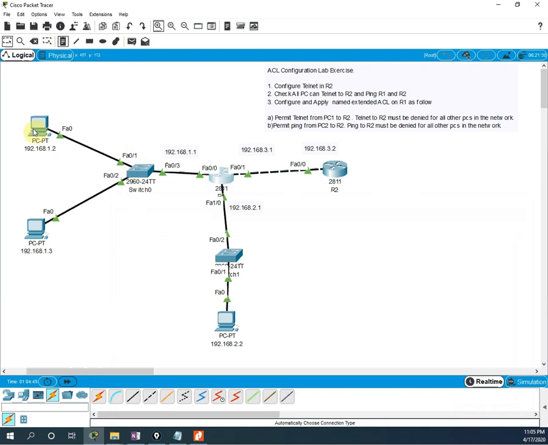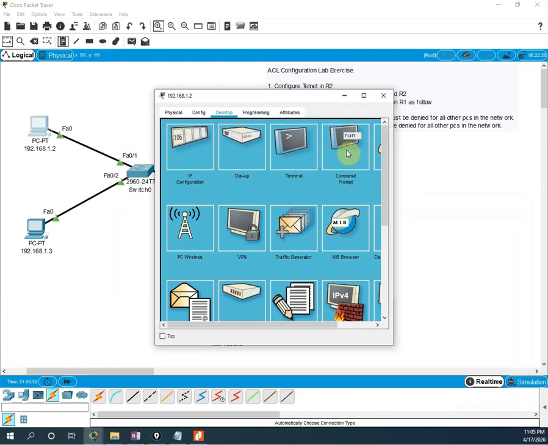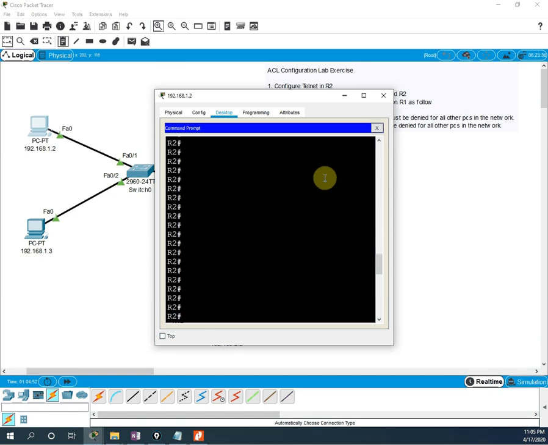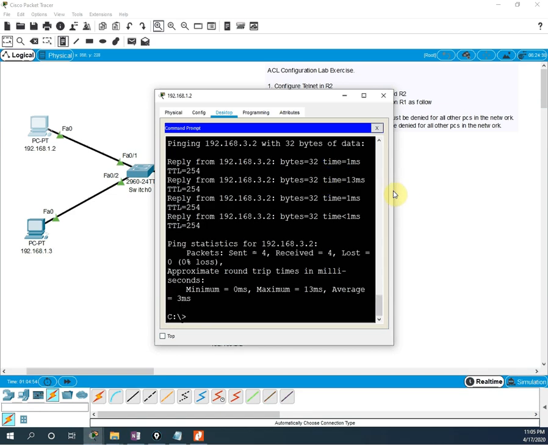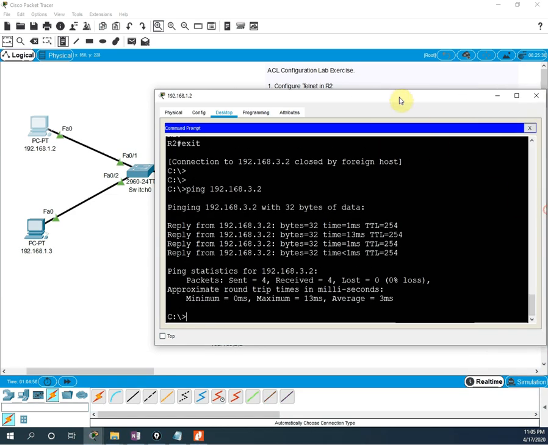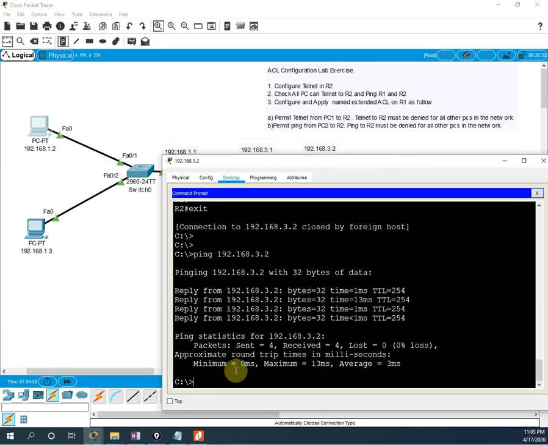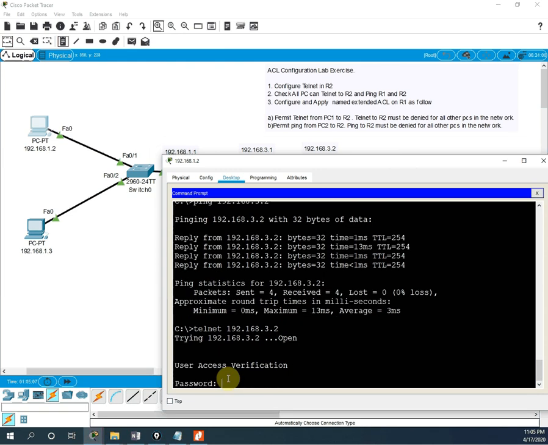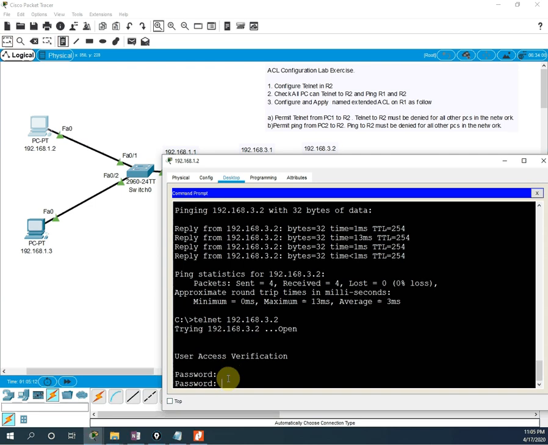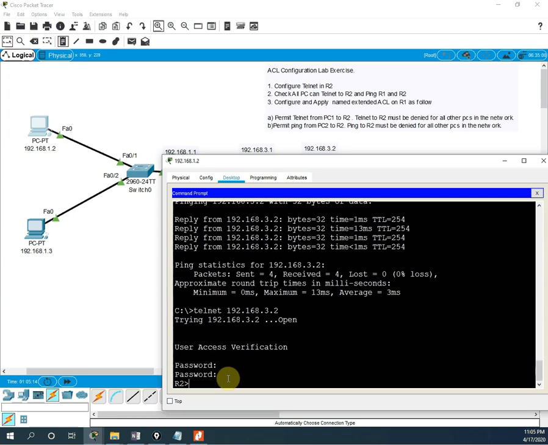Now we are going to see whether we can telnet from here or not. Let's see whatever we have done, whether it is working or we need to change anything. First we will try telnet, then 192.168.3.2. See, telnet is working for this PC because we wrote that PC2 should be able to telnet.